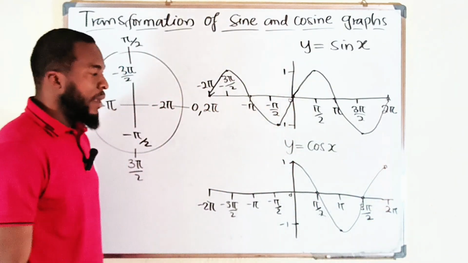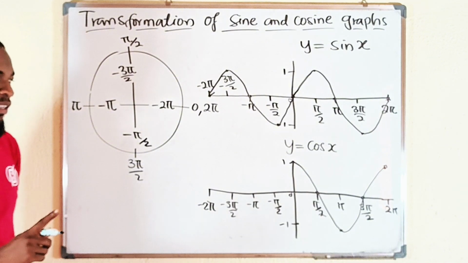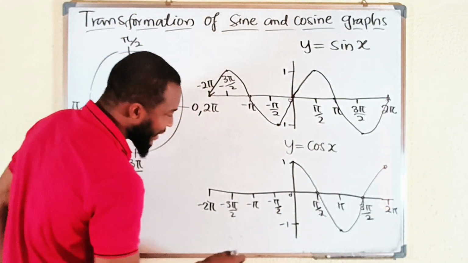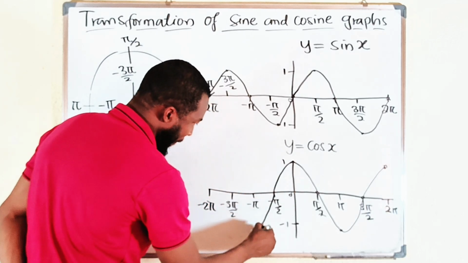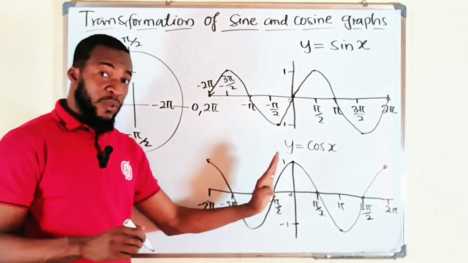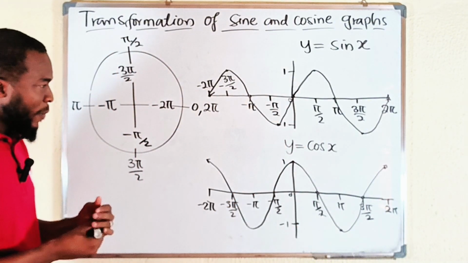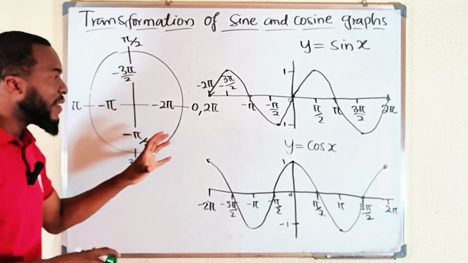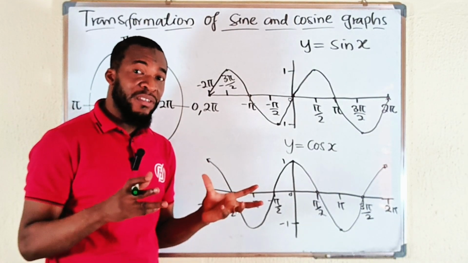Something like this. This is how the graph of cosine looks to the right-hand side. Then if you move to the left-hand side, it will look the same. You see that? This is just two periods. So the question is, do we always have to do this in constructing sine and cosine functions that are not